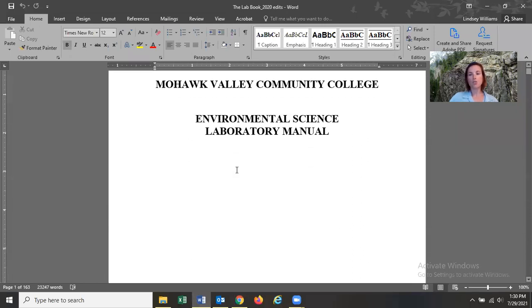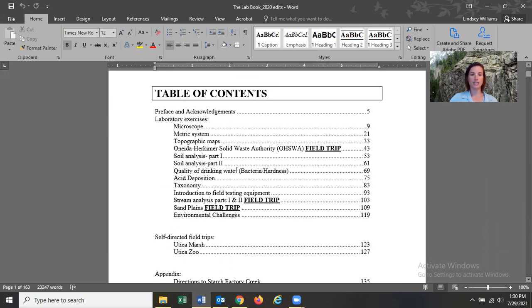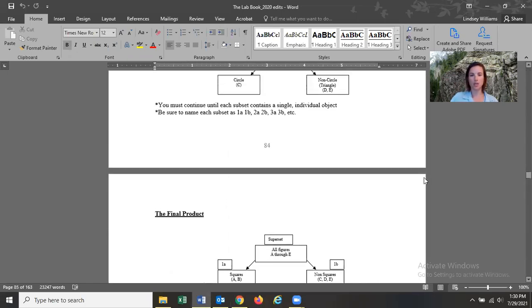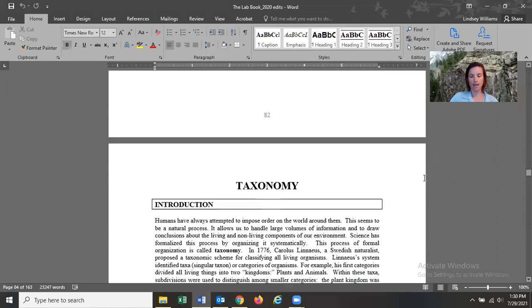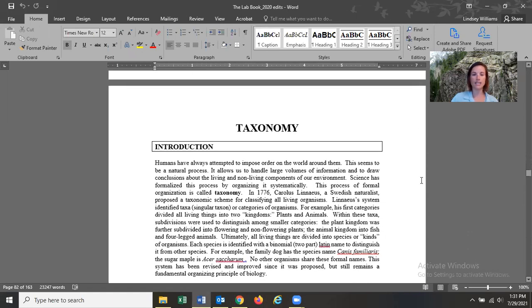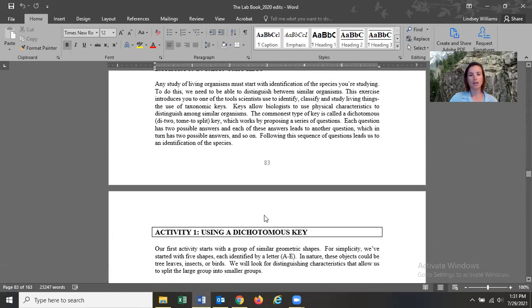Now, you should be using your table of contents. So let's check out, okay, where is taxonomy? We are on page 83. Is where it starts. So you have access to this document. I mean, you should know that at this point. The lab manual is free. So scrolling down, taxonomy, you're going to read through this, talking about a little background of taxonomy, and then some